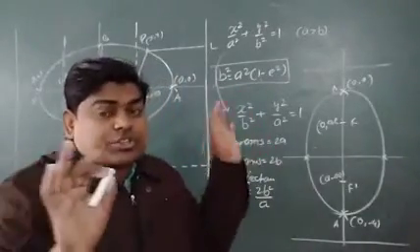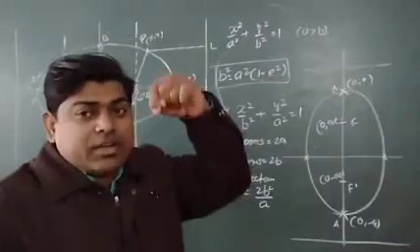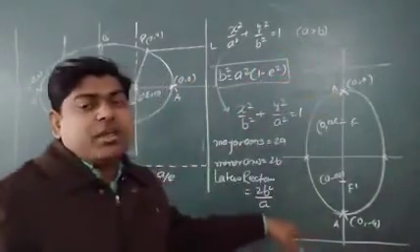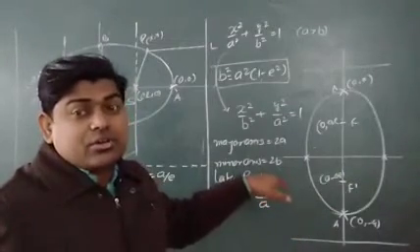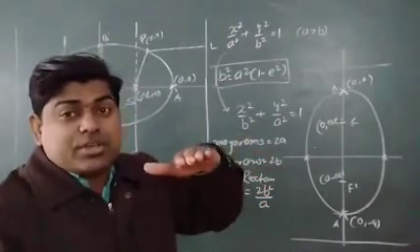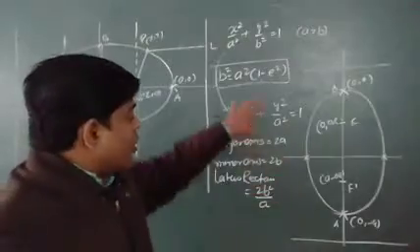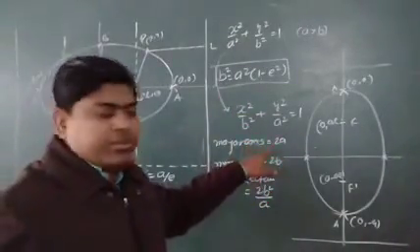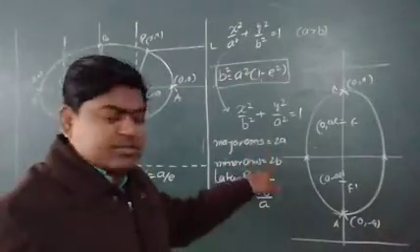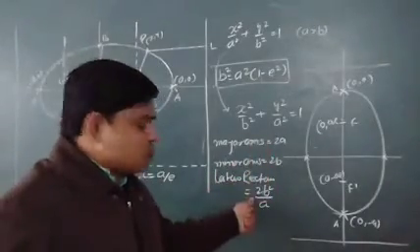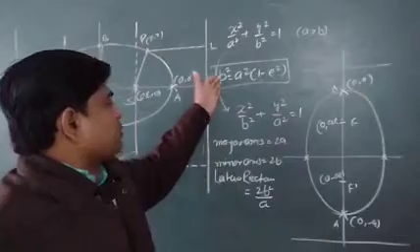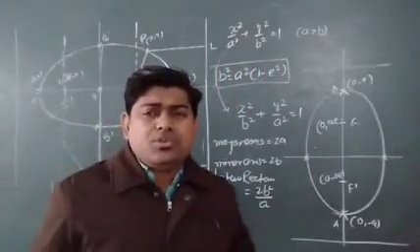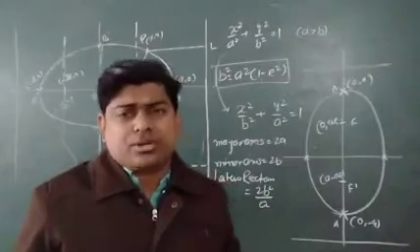But if we do not change the equation of the ellipse and we take the cases a is greater than b and a is less than b, dear student, the equation will not change. Still we will write x square by a square plus y square by b square, but all these things will be changed. We will write major axis as 2b, minor axis as 2a. Latus rectum is 2a square by b. All these things will be changed. What I am thinking is you may get confused. So no need to be confused.